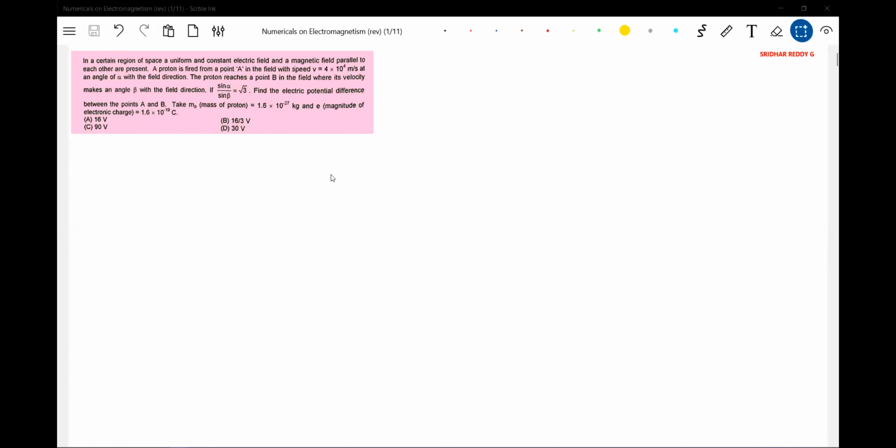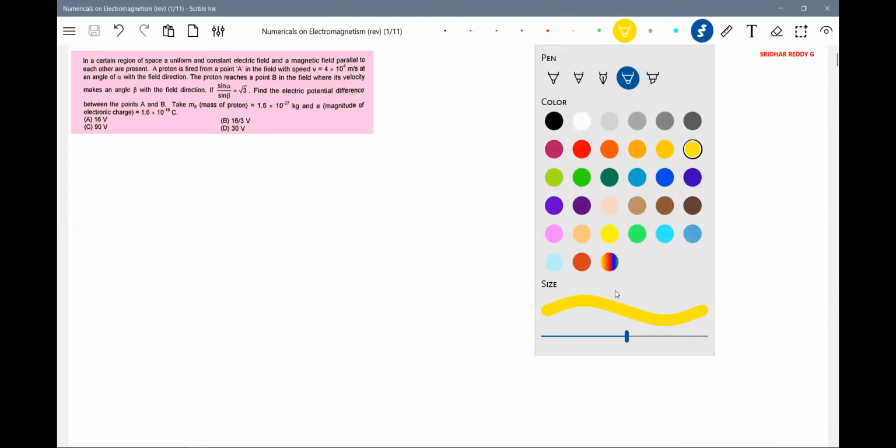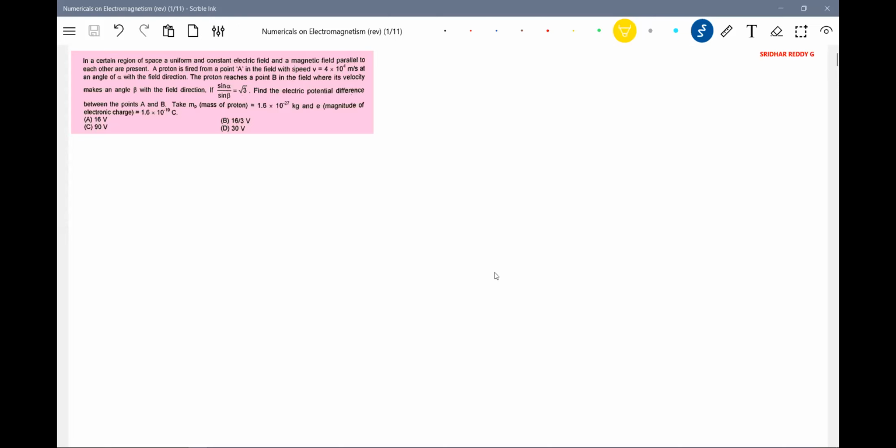And if you look at JEE Advanced, it is definitely asking even mixed concept questions, not only pure electromagnetism. Mixed concept means electromagnetism mixed with kinematics, then laws of motion. Any of the mechanics ideas can be added to electromagnetism. You check, 60% of the numericals that came in Advanced are mixed concept related to electromagnetism.